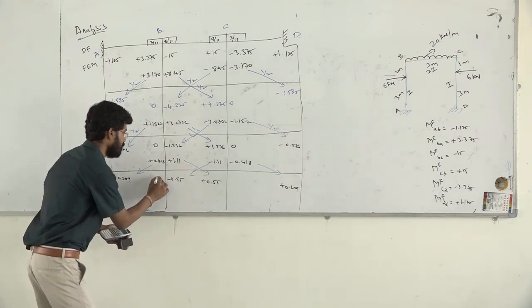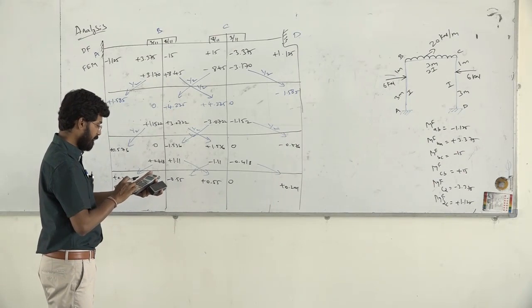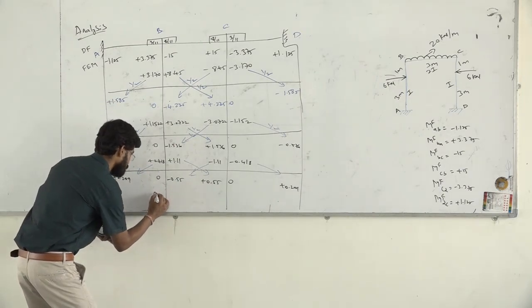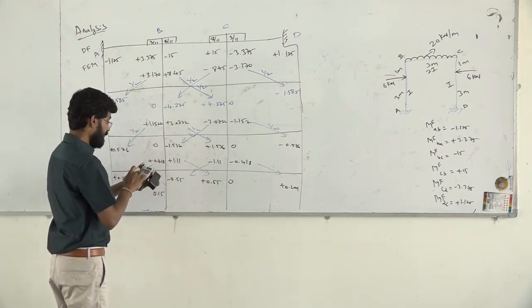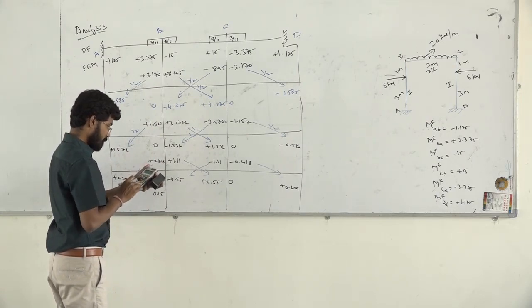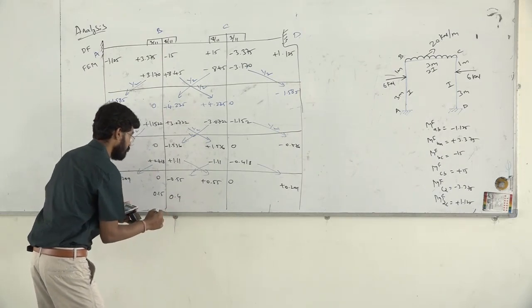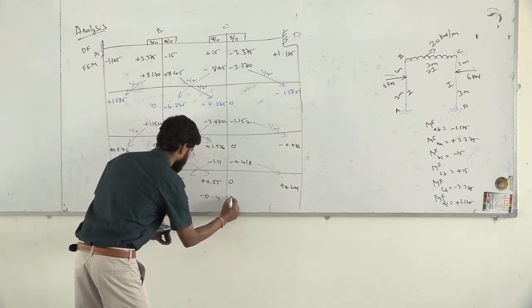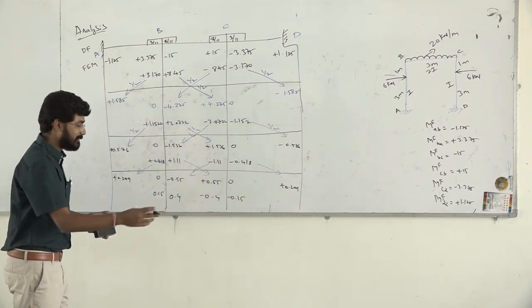Now once again we have 0. Now multiply 0.55 into 3 divided by 11. If you multiply with 3 divided by 11, we have got an answer as 0.15. Now here also you have to multiply with 8 by 11. So 8 by 11, you will get 0.4. Similarly here also you will get 0.4 but minus, and here you will get minus 0.15. Now this is our value.